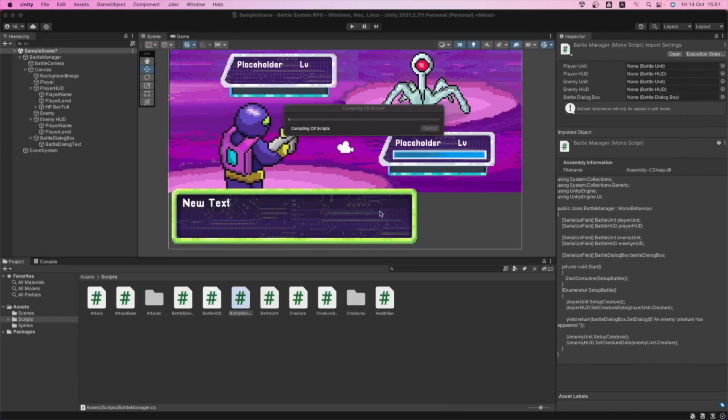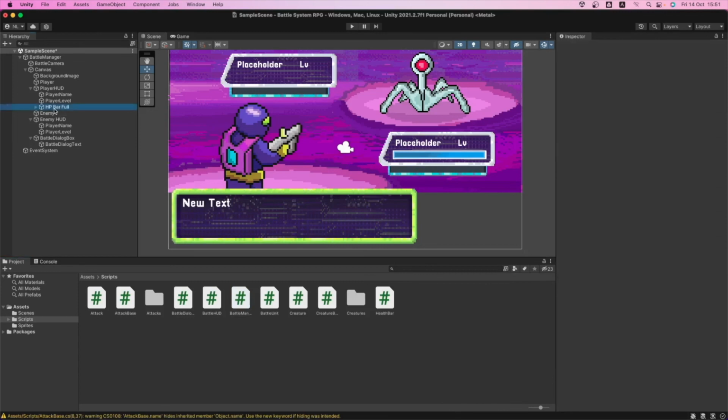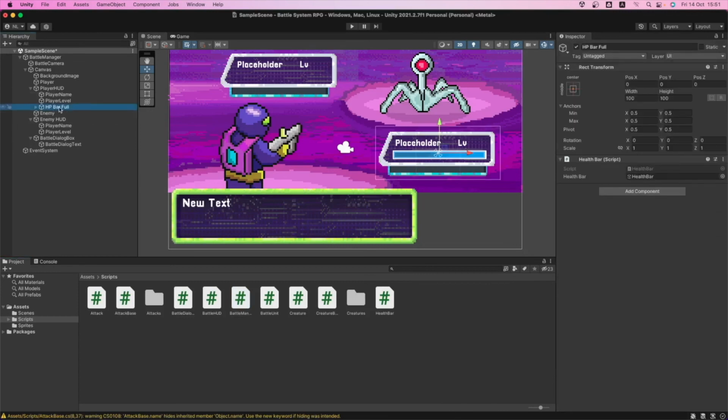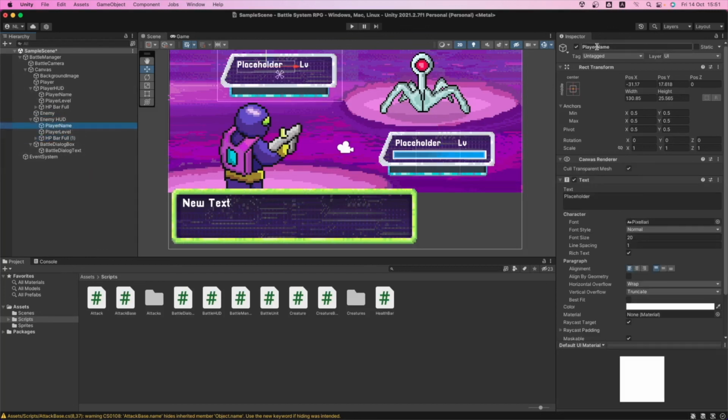We're gonna go back into Unity, and we're gonna get the HP bar full object from the player. We're gonna duplicate it, Control D, Command D in Windows. This is gonna be dragged into the enemy HUD. We're gonna move it to there. We're gonna correct this because we haven't corrected these names.